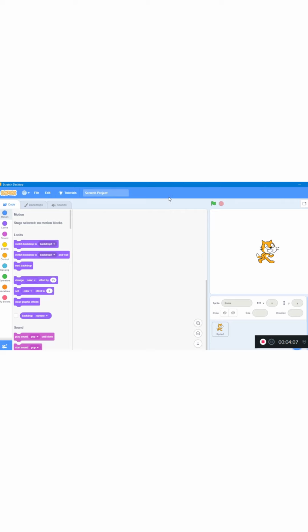We can also say hat block shapes, stack block shapes, Boolean block shapes, reporter block shapes, C block shapes, and last is cap block shapes.